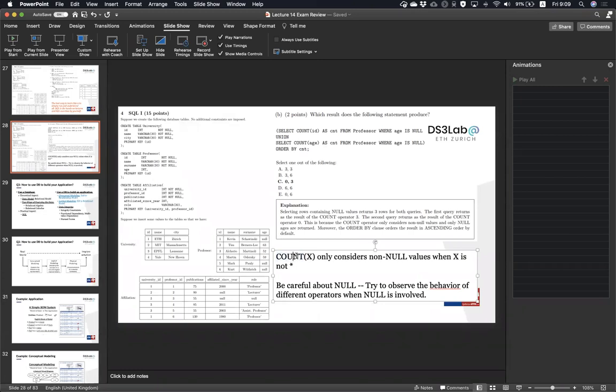So in that set, we want to count, right? So it's going to ignore all the null values. I mean, at least for this one. But maybe I misunderstood Shauna, but when X is star, you look at the entire relation and not just the age. And that's true. When counting over star, it would output 3. But in that case, it would output